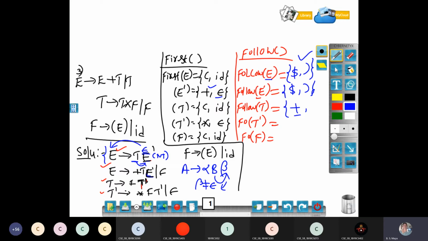What is the head of the production? E, ma'am. What is the E follow set? Dollar and closing parenthesis. See, I will do so many problems. Don't worry, just understand the first one. Plus, dollar and close parenthesis. Why am I writing these two? Because the follow of T has epsilon.